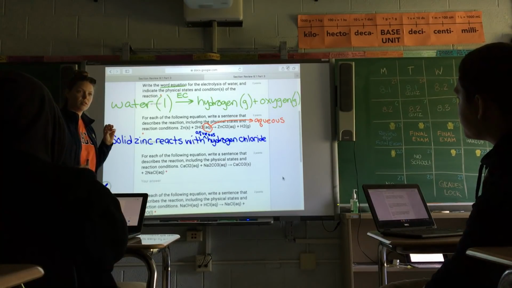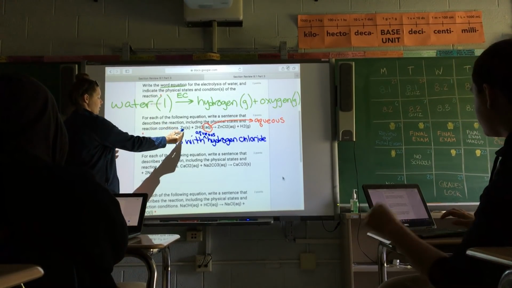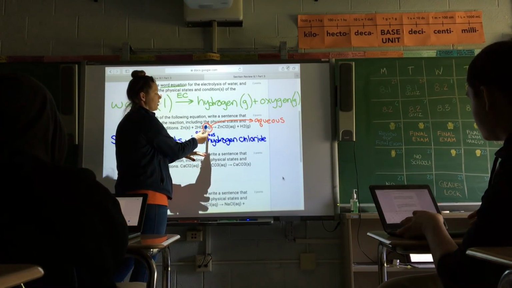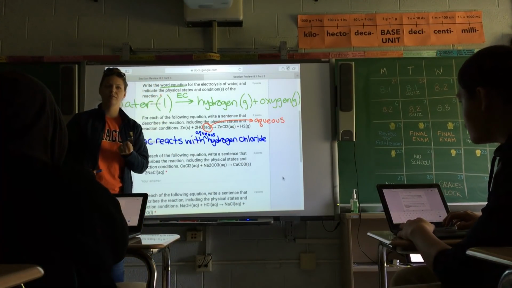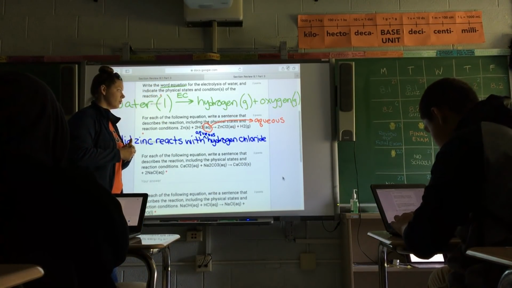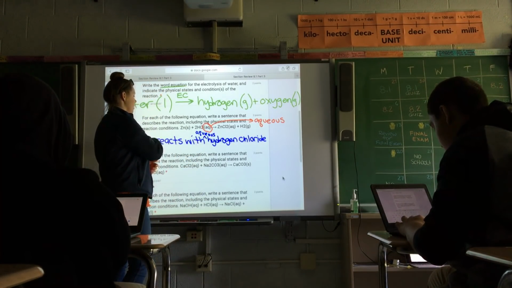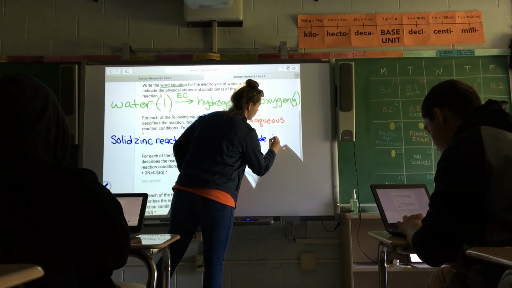This is the first part. So far we have solid zinc reacts with aqueous hydrogen chloride, and then what's it doing? After they react, what's happening? It produces, right? So solid zinc reacts with aqueous hydrogen chloride to produce